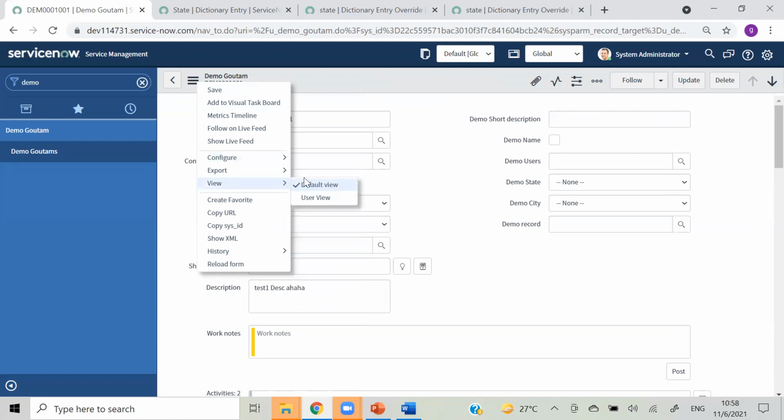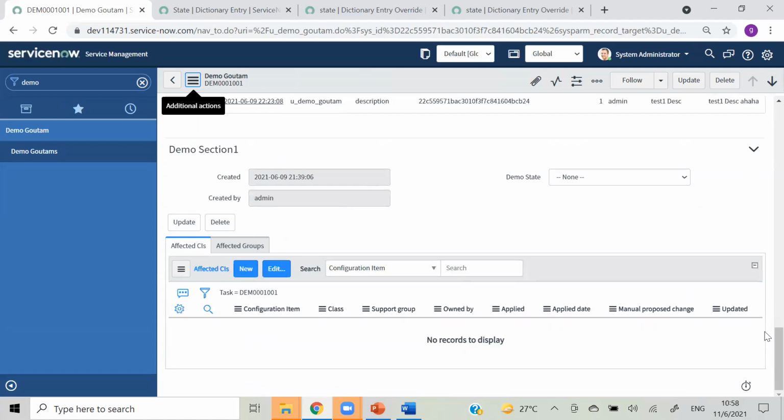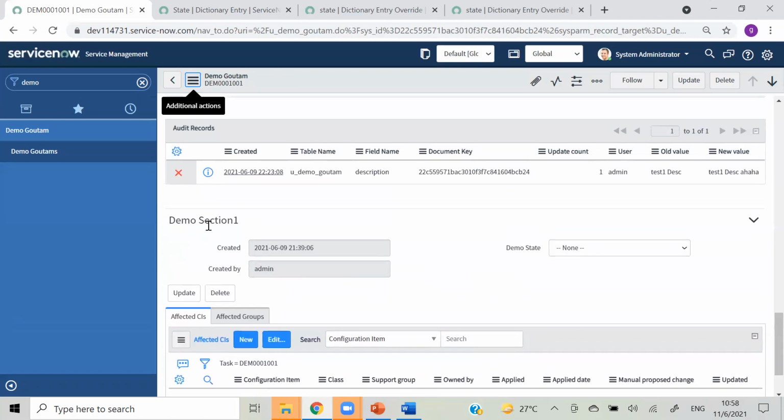Okay, and they will ask you the concept of view also. Like how you can create a view, how you can create a section. And in some cases, if you have too many sections on your form and you want to hide a particular section from the end user, or you want to hide a particular section for an ITIL user, you can do that using scripting. You can hide or show, same like we do in JavaScript, hide and show. So we will see that hiding and showing sections while we are working on script.